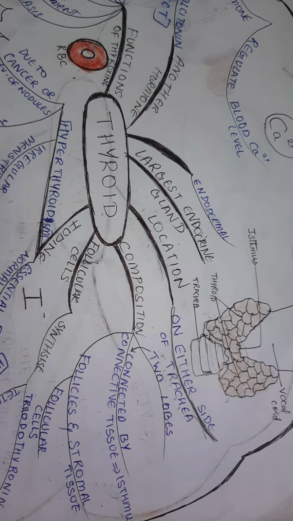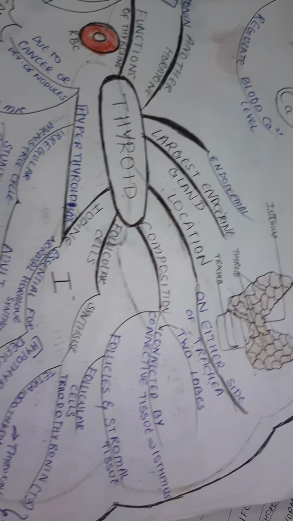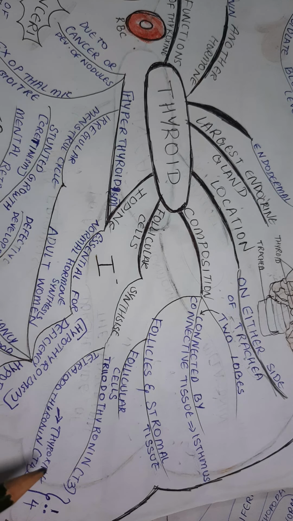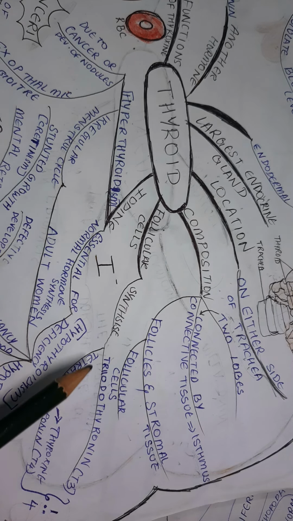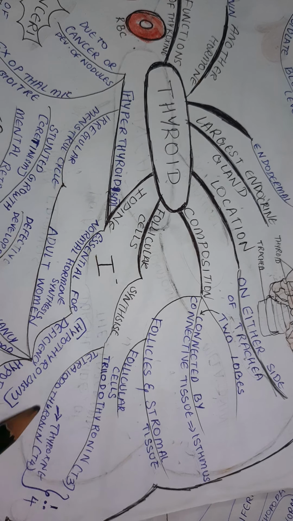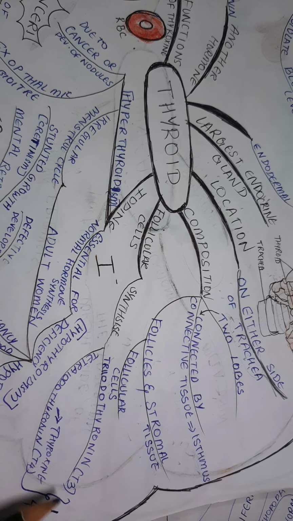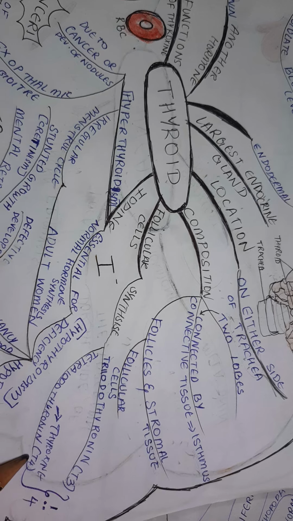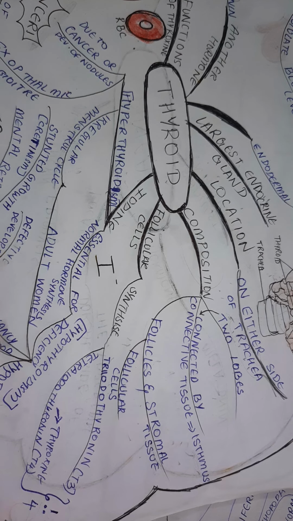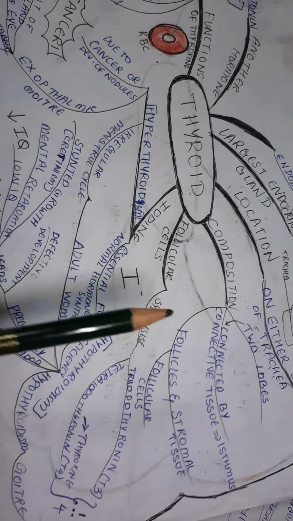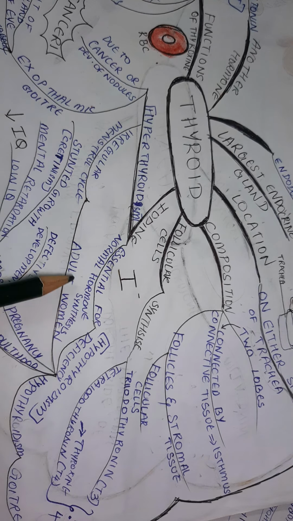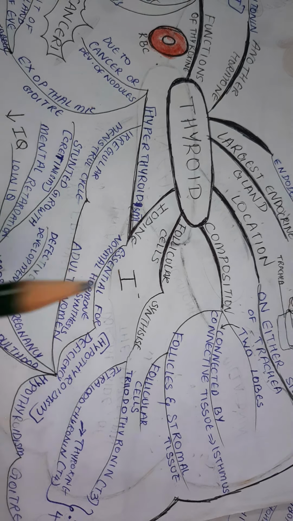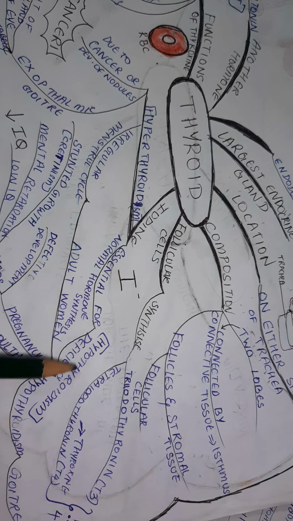Follicles in turn contain follicular cells. Follicular cells synthesize two kinds of hormone, T3 and T4. T3 is known as triiodothyronine and T4 is known as tetraiodothyronine. These two hormones, T3 and T4, are released in the ratio of 1:4. Iodine is very essential for normal synthesis of these two hormones. And what happens if there is hypothyroidism?